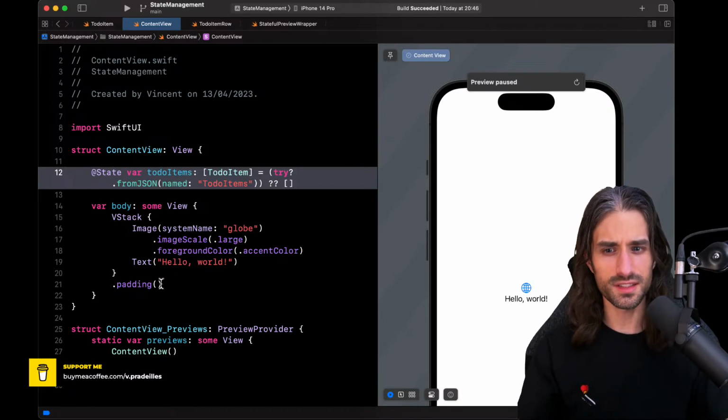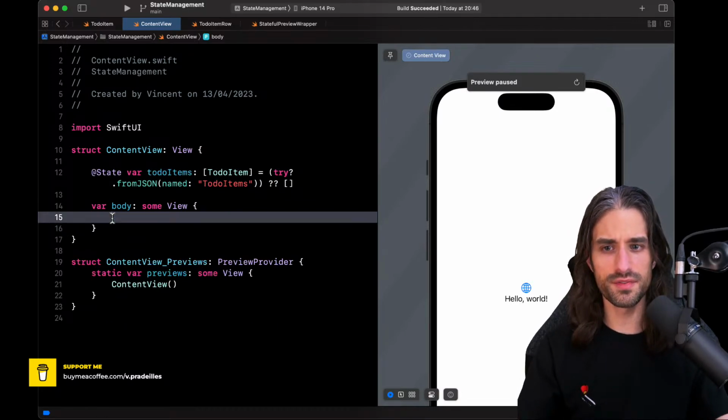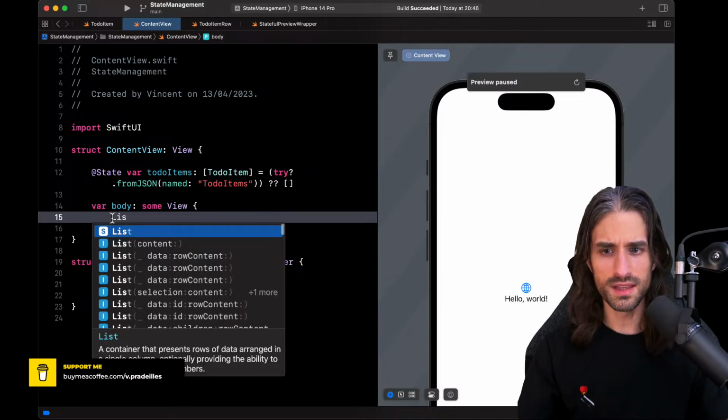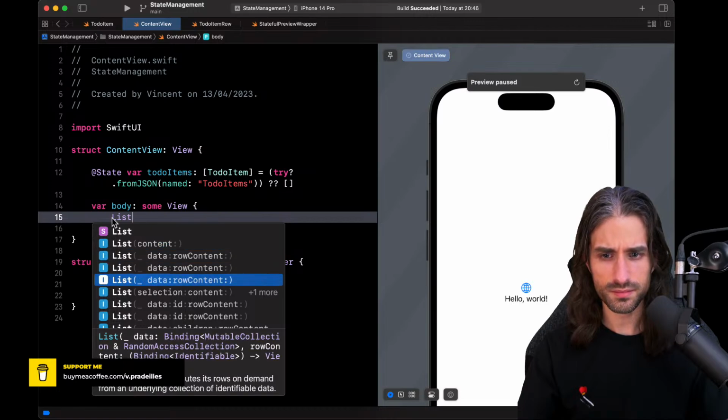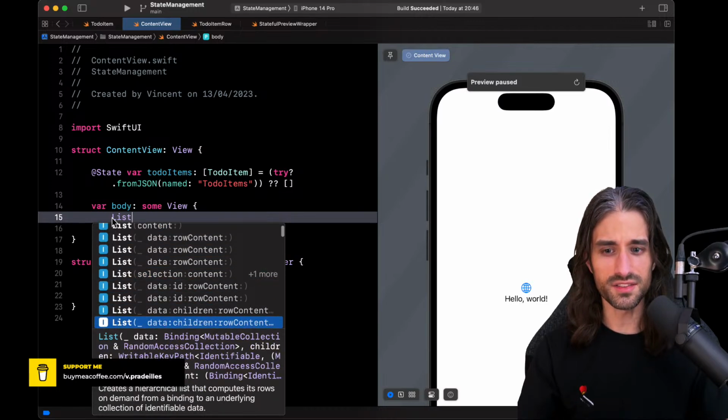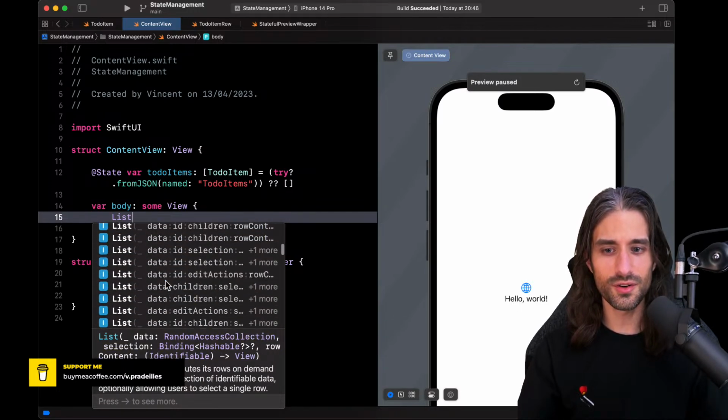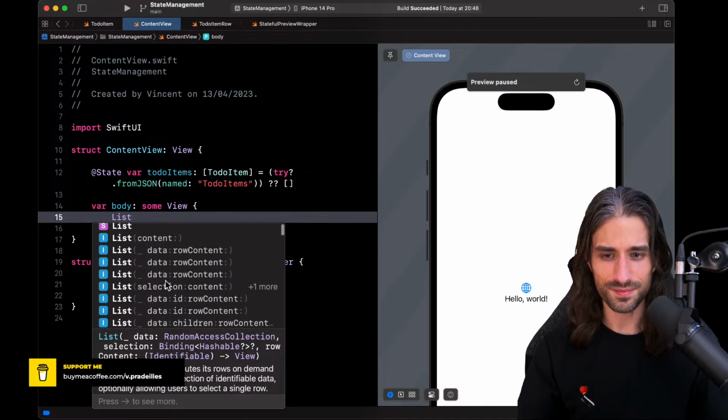Now time to implement the list. So let me remove everything from the body. So we are using the List here. The List, you can see, has a lot of potential initializers.